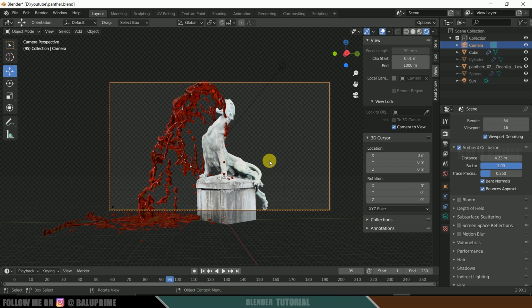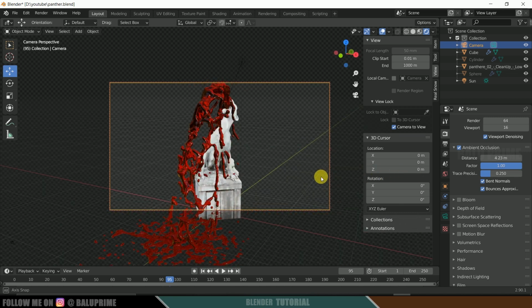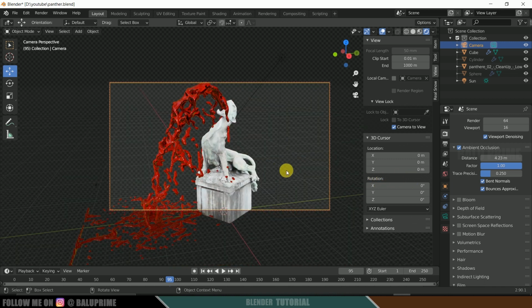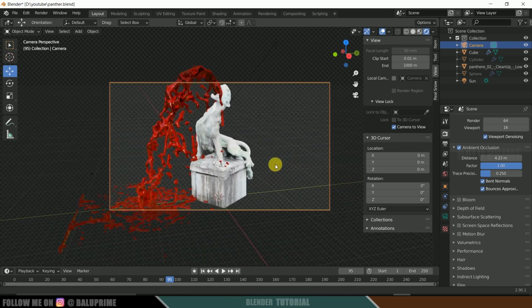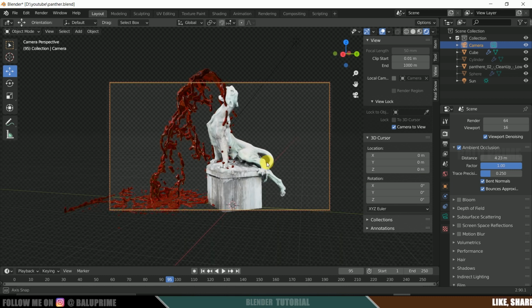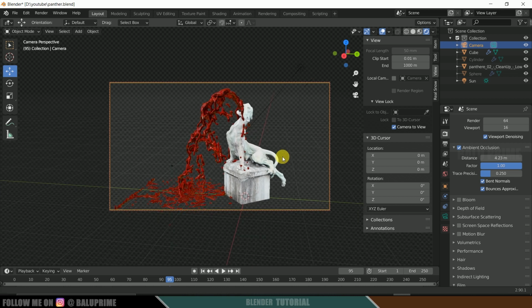So if you want to rotate, hold middle mouse key and rotate the scene in whichever way you want. If you want to pan, hold shift key, middle mouse, and here you can move the complete scene. So let me adjust the scene quickly. If you want to render in this view, you can go to this render outputs for further options, or else if you want to have a rotating camera animation, I will show you that also. So for that, let me place this model at the center.